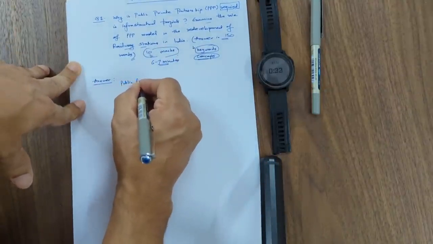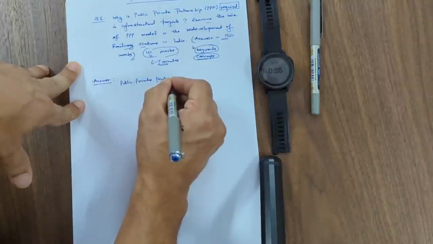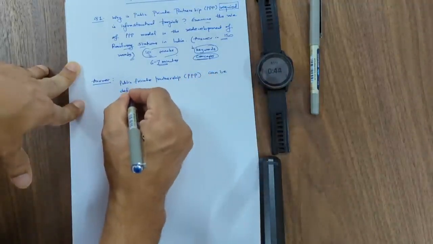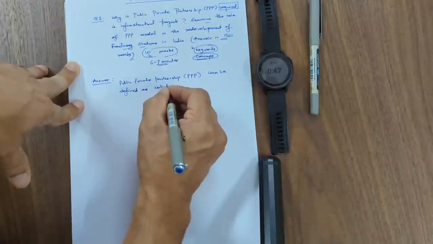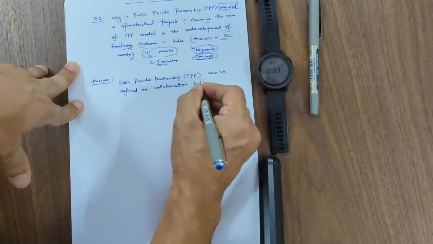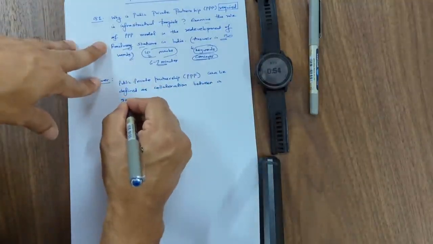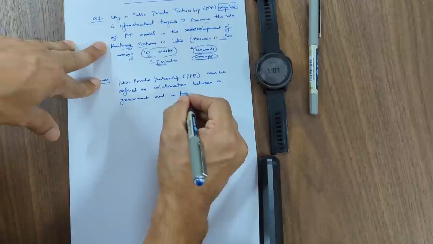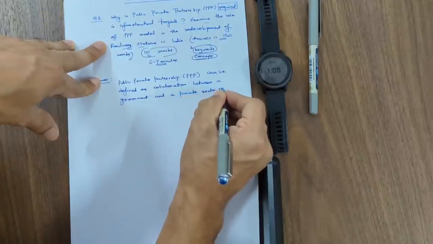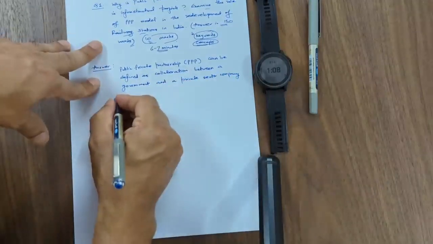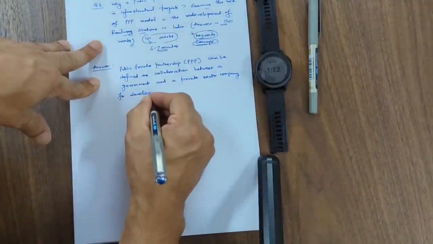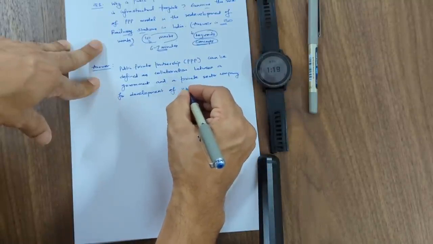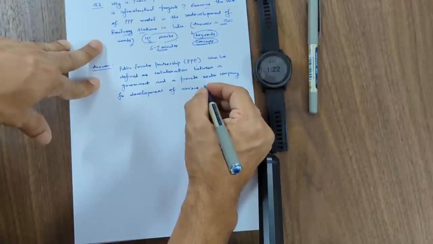So public private partnerships, PPP, can be defined as collaboration between a government and a private sector company for development of various projects